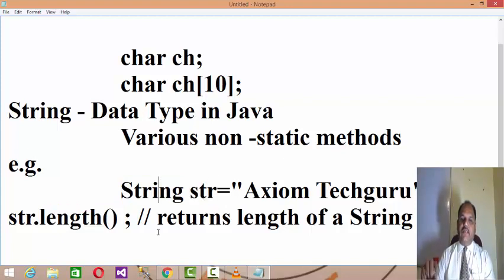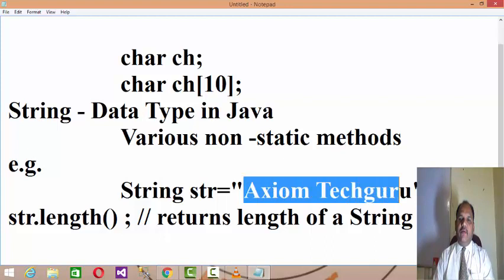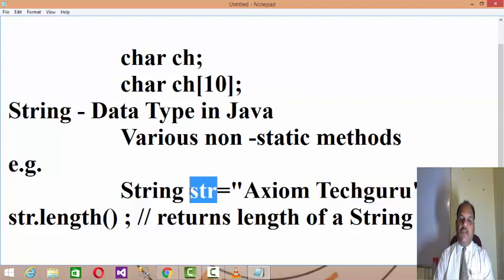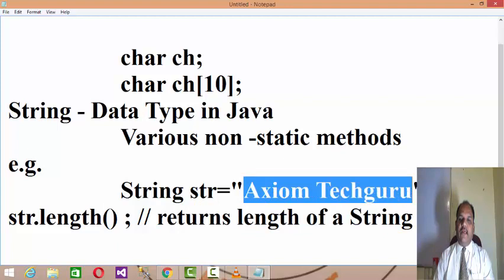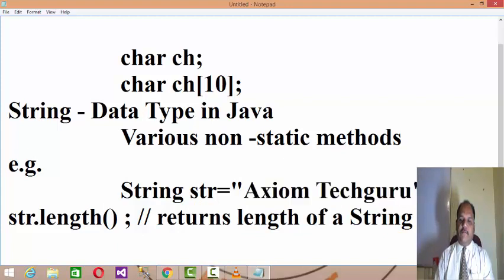There is no need to write String str = new String, because whatever string you assign, that much dynamic memory will be allocated to the string variable, so there is no need to create an instance. str.length() will return the length of the string, the total number of characters in "axiom take guru".